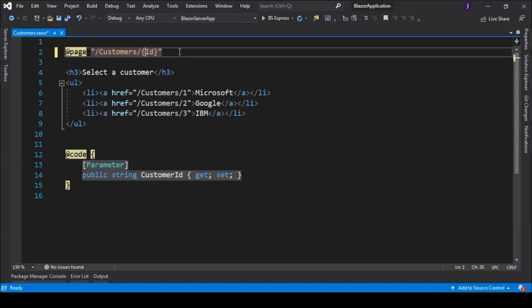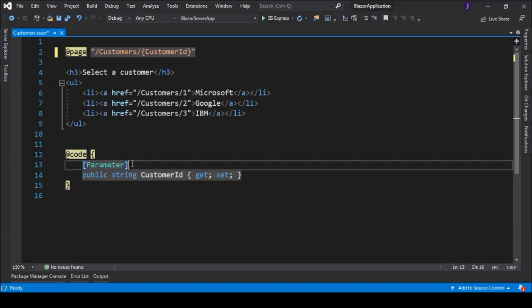It should be the same name, and the parameter in the code block needs to be decorated with a parameter attribute. So then only it will be considered as a route parameter. It is mandatory to decorate it with a parameter attribute, and it tells Blazor that this property needs to be treated as a route parameter.